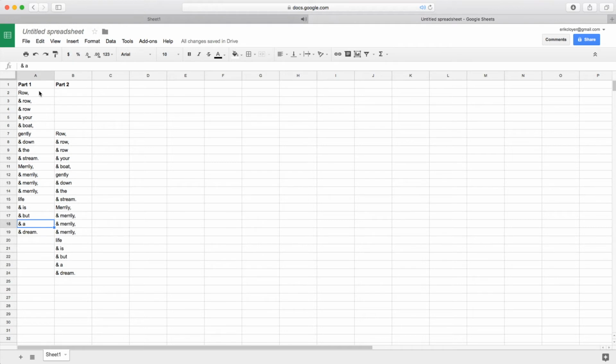So in order to account for that rhythmic complexity, we need to add some extra spaces here and really think about the underlying rhythm of the song. So it's really in groups of 3. It's row, row, row your boat gently down the stream. So it's like 1, 2, 3, 1, 2, 3, 1, 2, 3. So let's account for those beats, those subdivisions of the beat in our grid here. Okay, so it really should be row and then 2 beats. Row and row 2, 3, row 2, 3, row and your boat 2, 3,